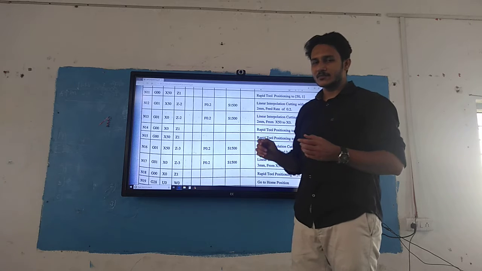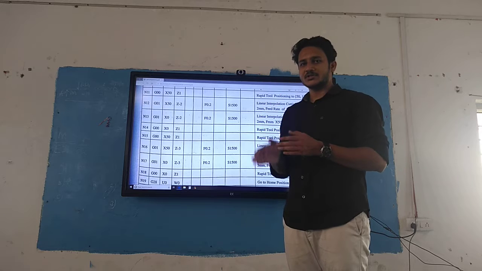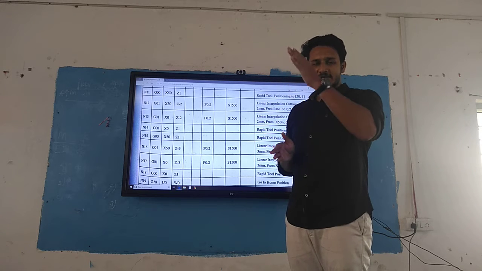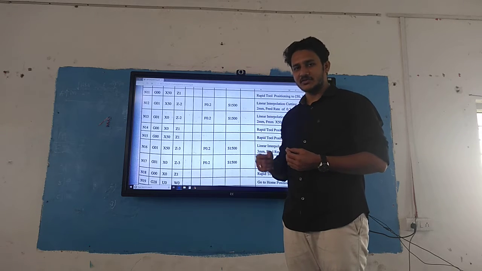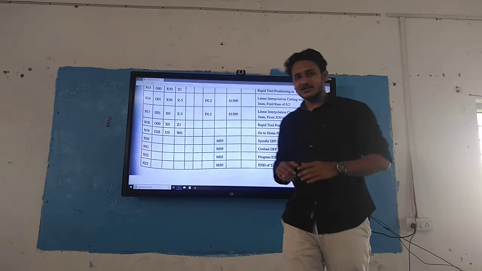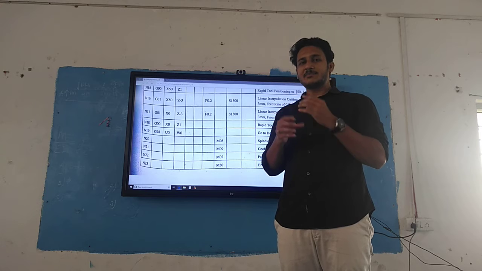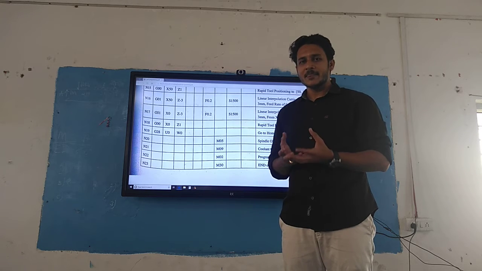What it means is every time we are doing the facing operation of 1 mm, z -1, z -2 and z -3 from x0 to x50, x0 to x50 and x0 to x50. By doing this, I did my facing operation. So in a specified standard format, I am giving instructions to my tool.